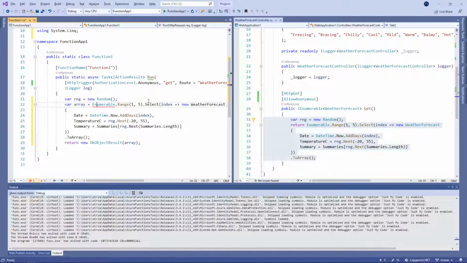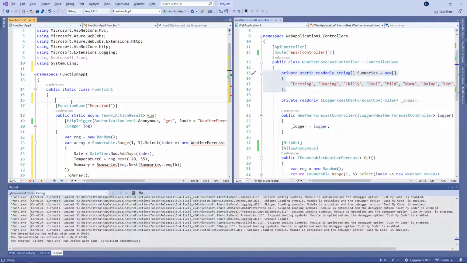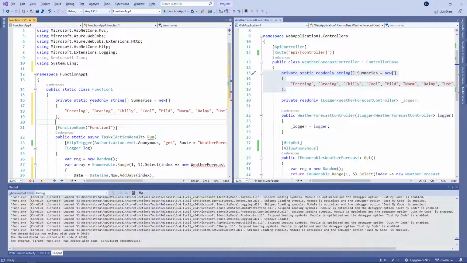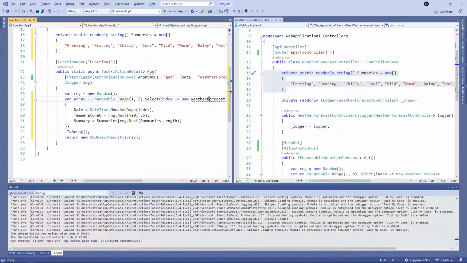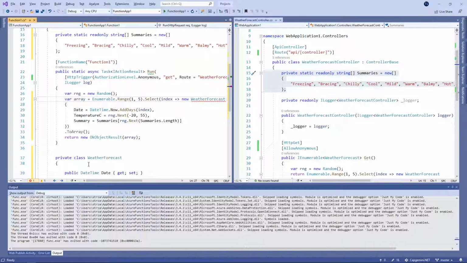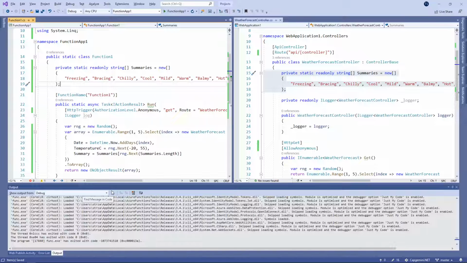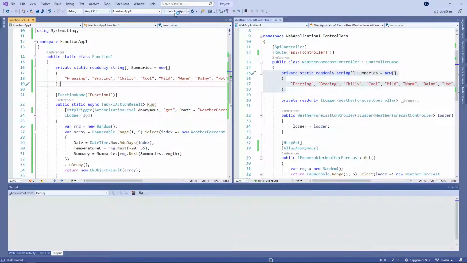Let's just add some missing statements like summaries. This is just an array, so I will just grab it and copy it. Now we have to scaffold our class, make it public, and that's it. Right now, if we are going to run our function,